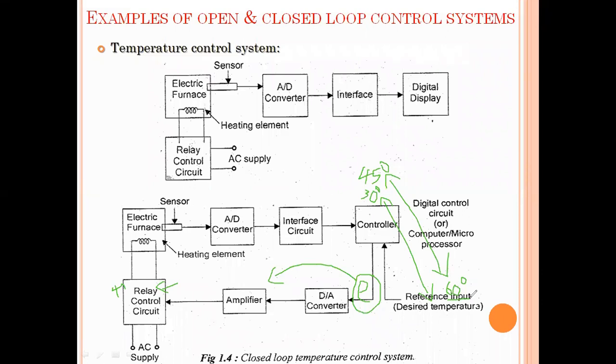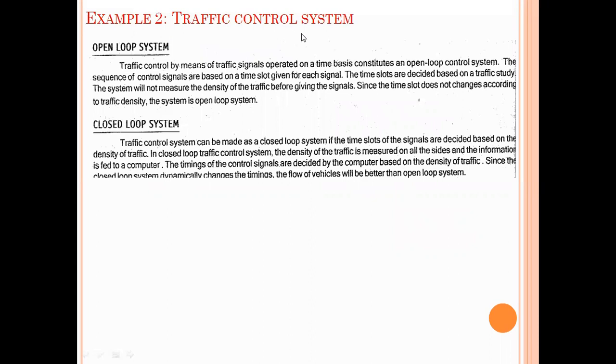After that, automatically it will calculate, it will operate each and every moment. Automatically it will set. So this is how the temperature control system can be developed in the open loop as well as in the closed loop. So this is the difference between the operation. Okay, and we can also see a second example, which is a traffic control system. Previously, I have told you the traffic control system in the open loop.